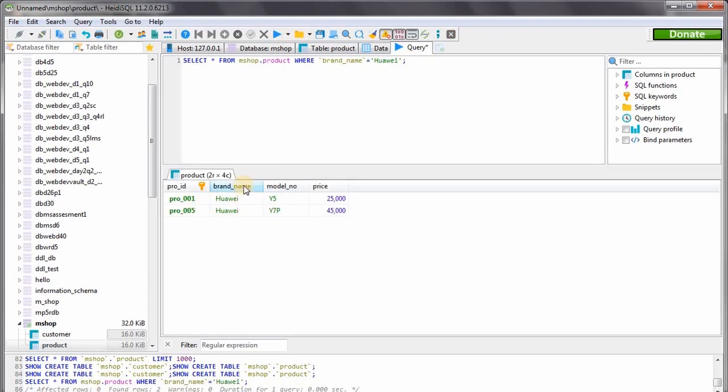Here you can see all the products belonging to the brand name Huawei are shown here, but actually we are also looking for the price less than 40,000 rupees. You can see here are two results, and one product is less than 40,000 rupees, and the other product is above the 40,000 limit. So I'm going to define the next condition,